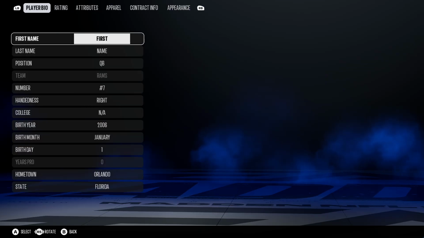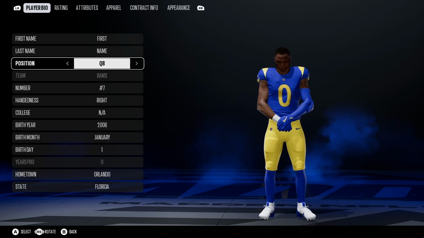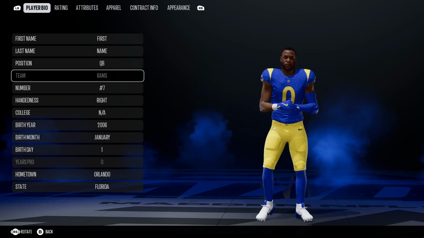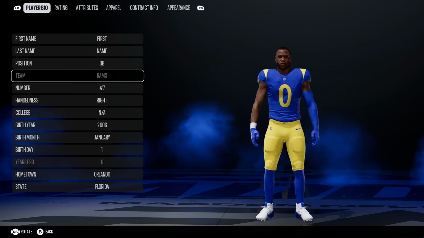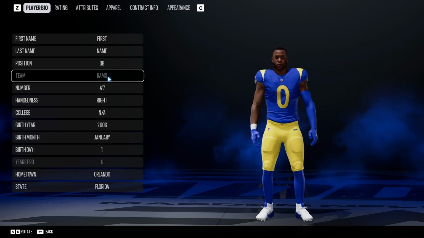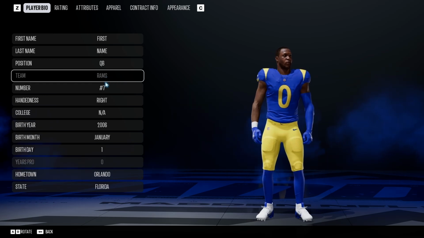Before you make your player, there's one thing that you need to know. You can't manually select the team from the player creation screen. Instead, Madden automatically puts your created player on whichever team you currently have set as your favorite. So if you want the player to be on a particular team, change your favorite team first, then come back